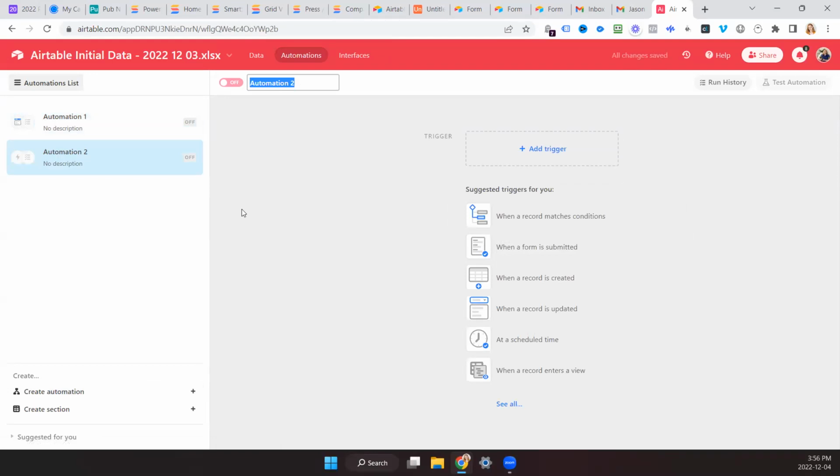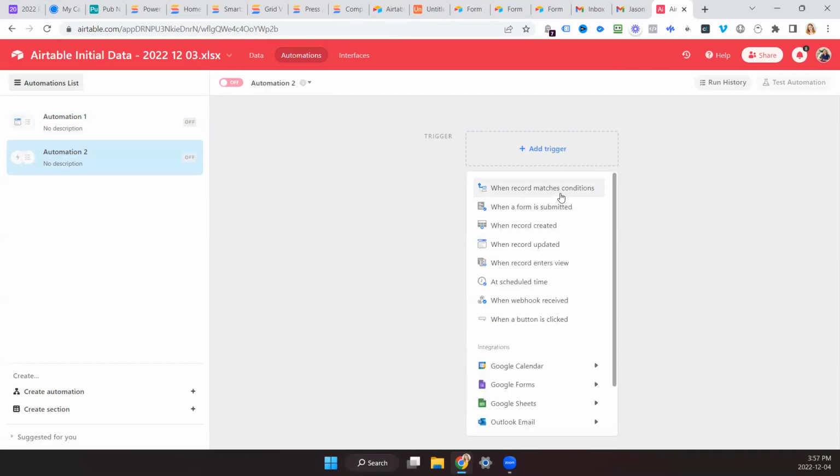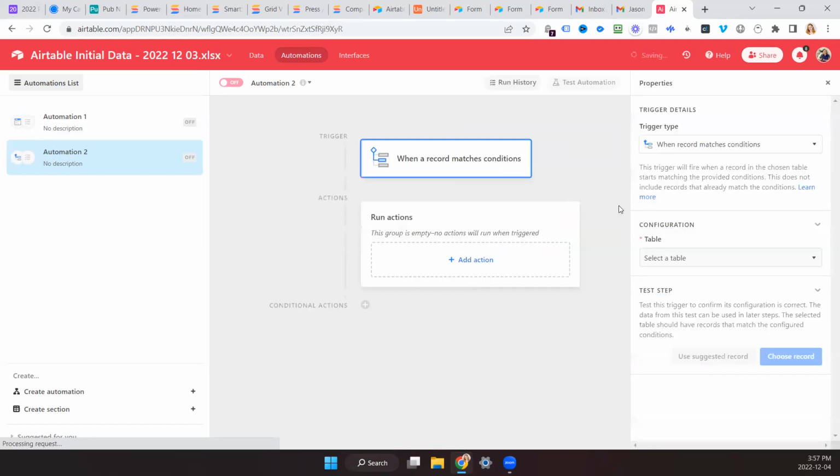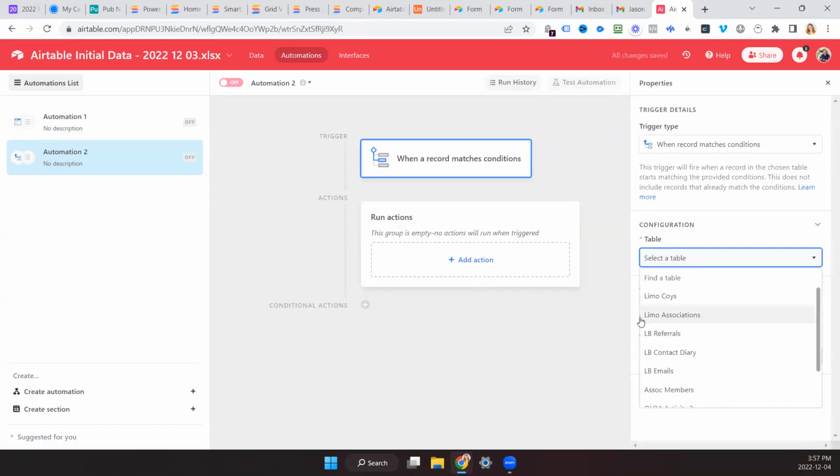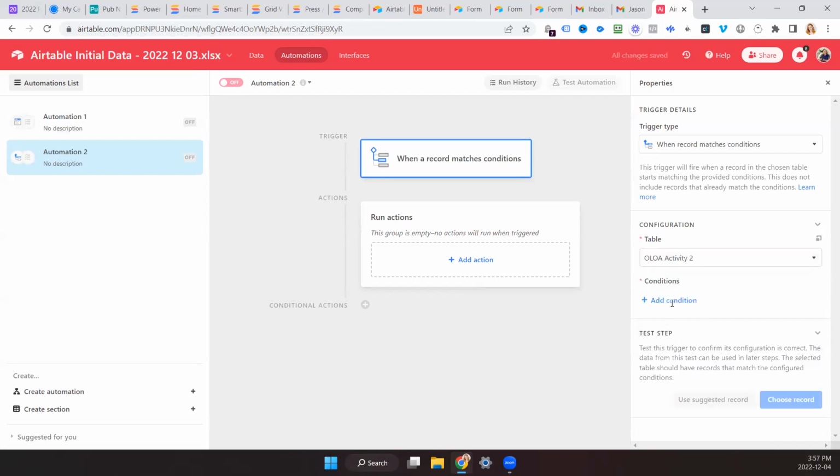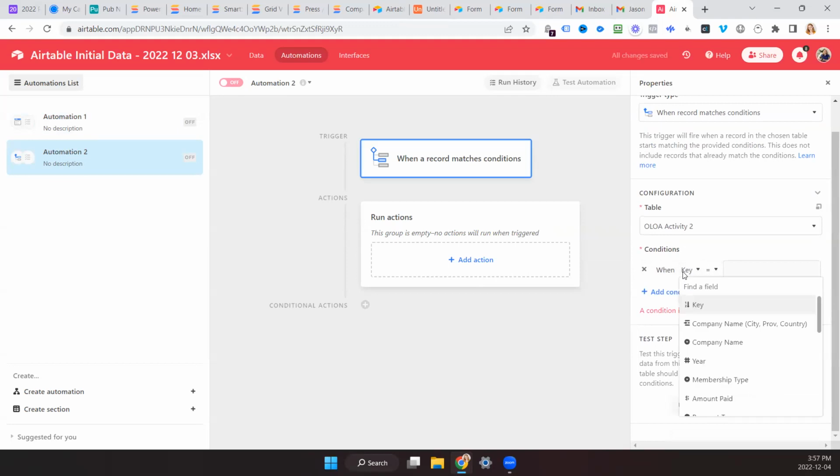We'll name it after, but we want to, when one record matches a condition, it's the ALOA activity. And what is a piece of data that's always the same? This is the tricky bit. Okay.